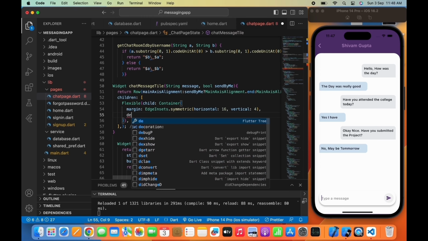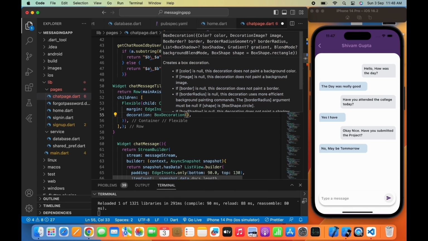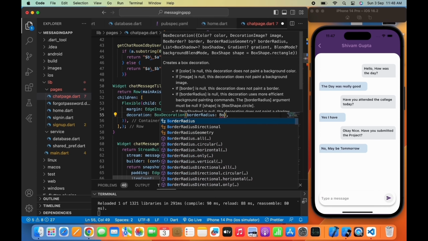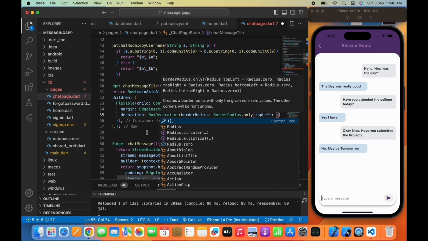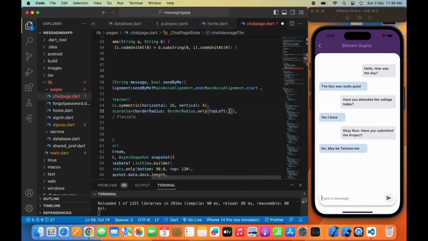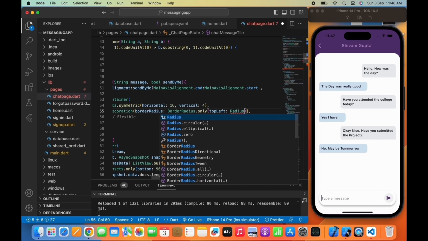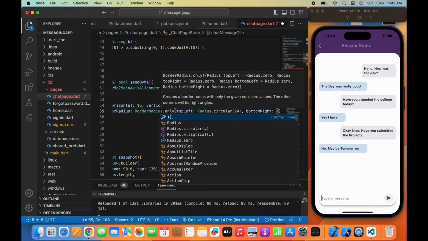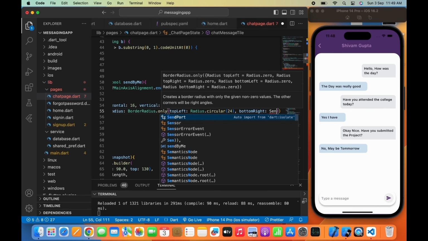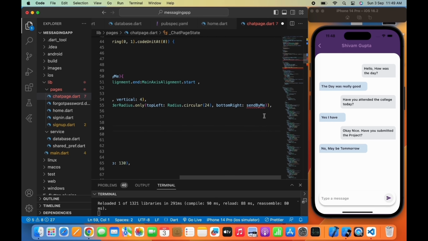and I will provide a decoration, box decoration, border radius, dot only, top left, and will provide a radius to the container, and bottom right. And here I am using sent by me here because,